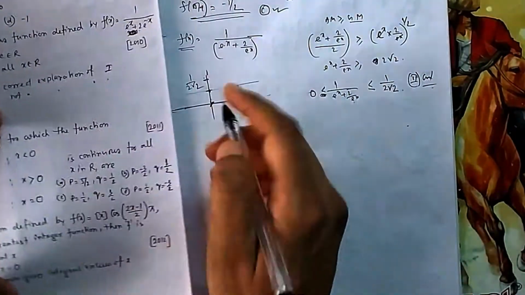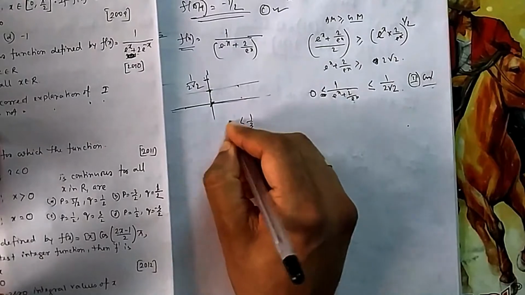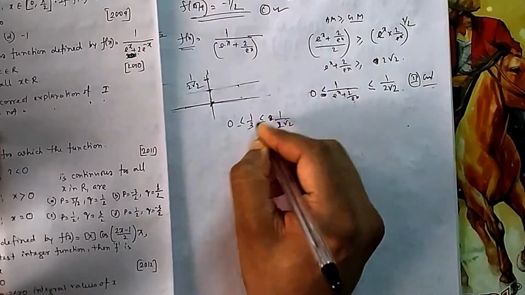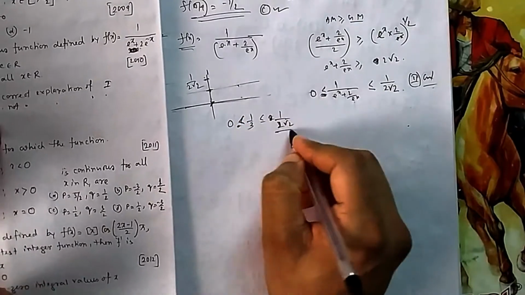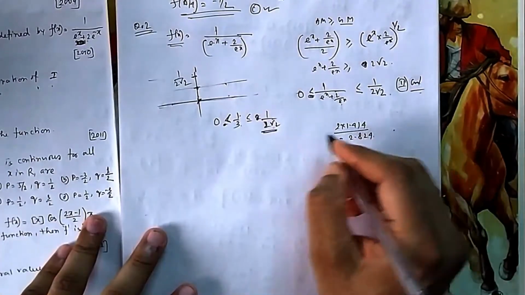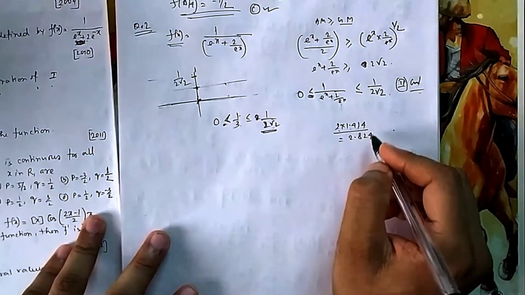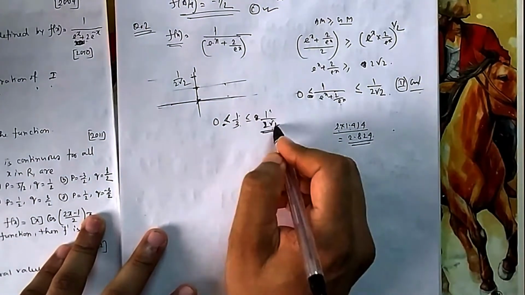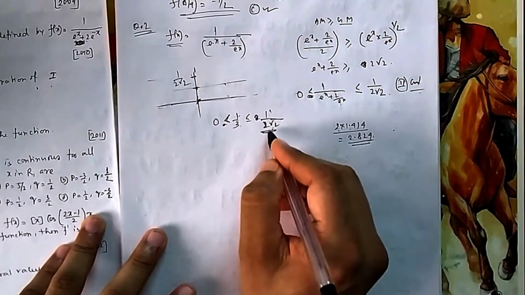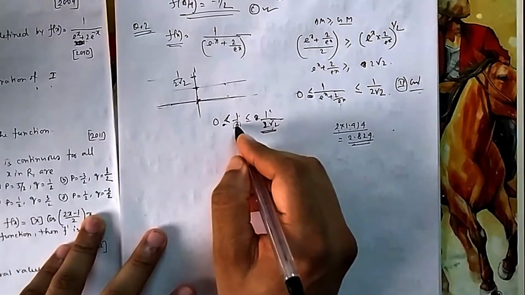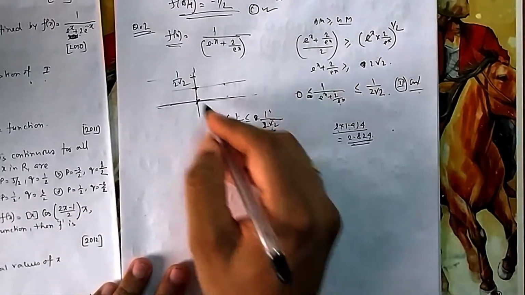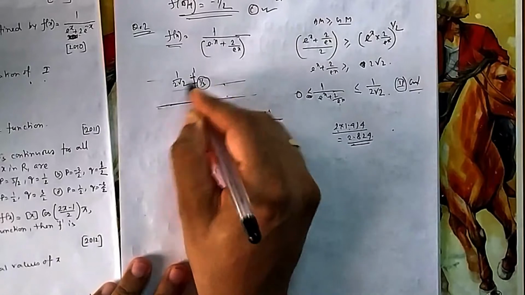Now what they are asking is f(c) equal to 1 by 3. Is 1 by 3 in between 0 and 1 by 2 root 2? Yes, it is within this. Why? Because 2 root 2 is 2 into 1.414, that is 2.8, so it is 1 by 2.8, which is about 0.36. And 3 means you are dividing by a larger number, so it will be even smaller than this. So 1 by 3 obviously lies somewhere here.